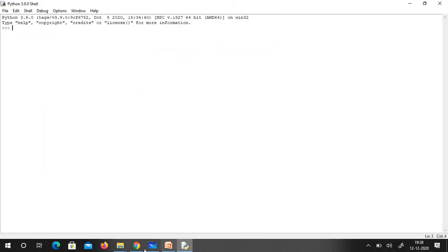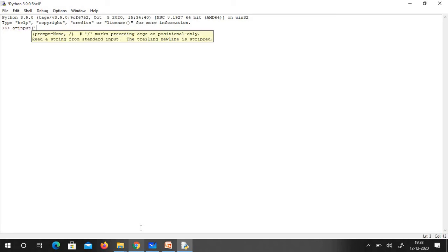So let us work it out and see. First, before working on the Python operators, I'll show you something. a is equal to input, and I'll give a message: enter the value for a.